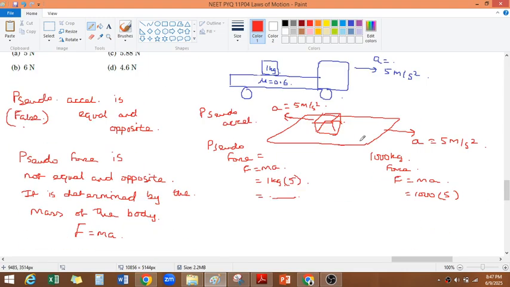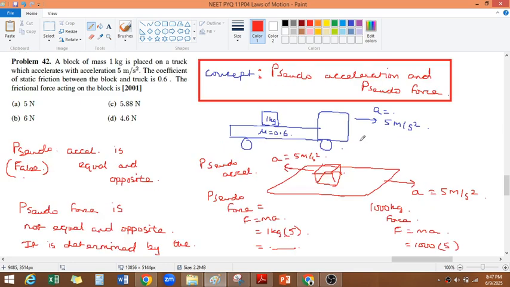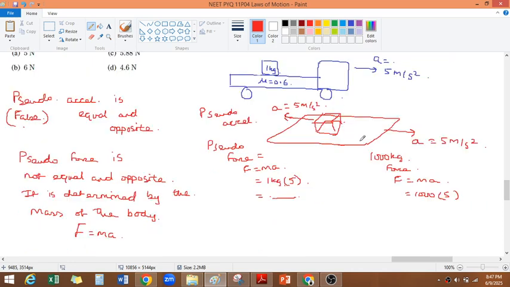Okay, so that means the coefficient of static friction between the block and the truck is 0.6. The frictional force acting on the block is, so